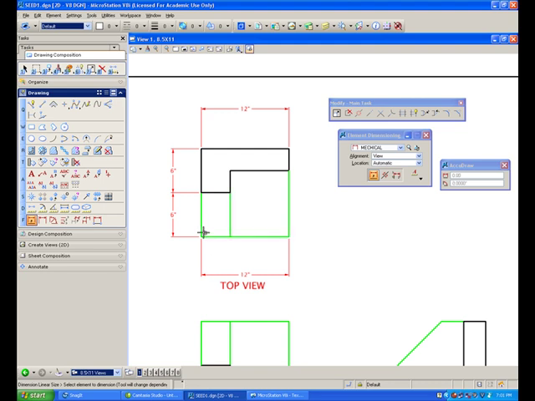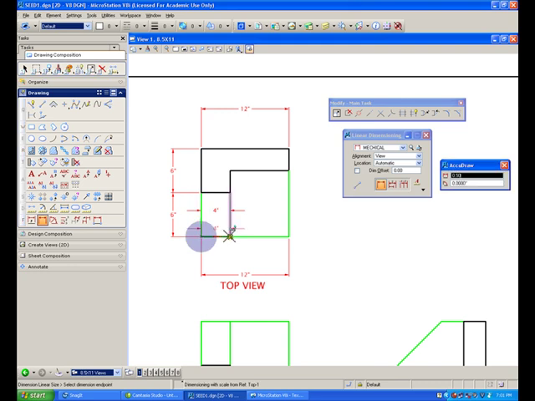We can go back and do as many of these as you can; see how easy it is to do these dimensions. That should pretty much do it for this one. We come down into our front view,